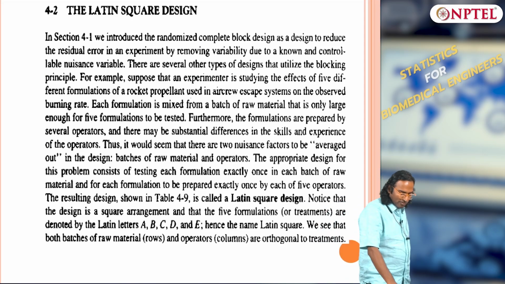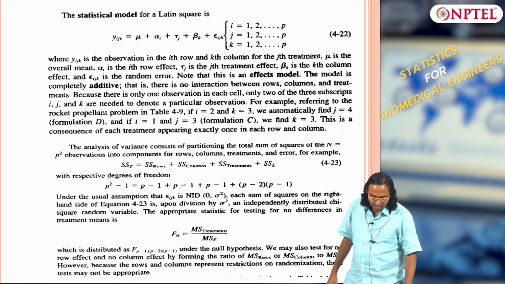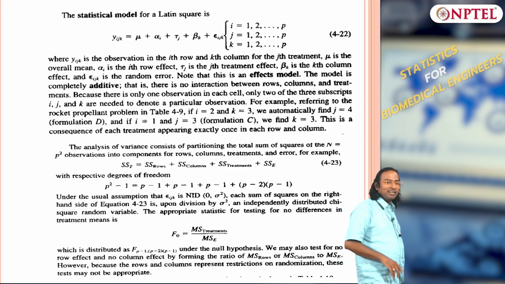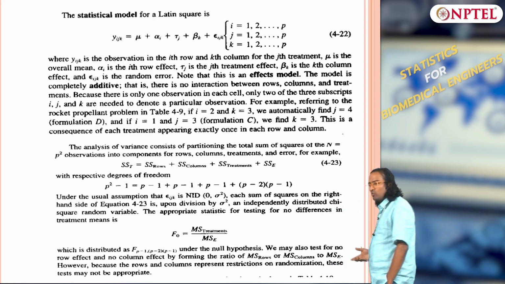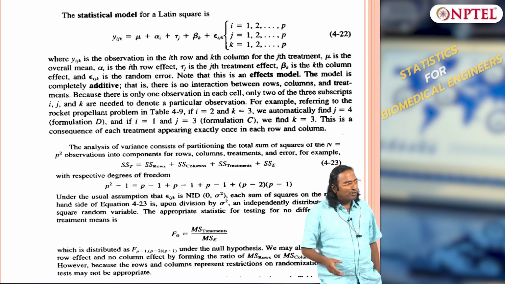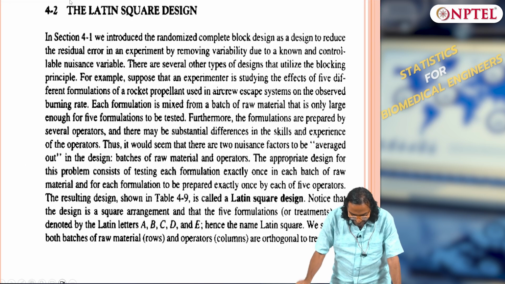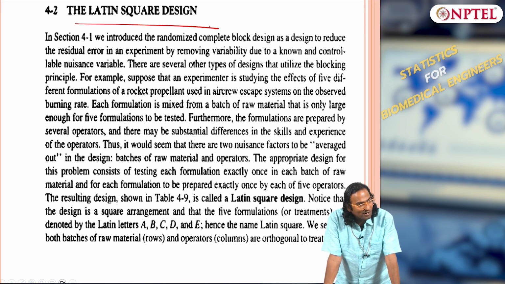So now we have the natural way we extend, before we get into interaction: 2 factors, 2 nuisance factors instead of 1 nuisance factor. We can do it for n nuisance factors, we will talk about it. We do what is called Latin square design. This is called a Latin square design, okay.